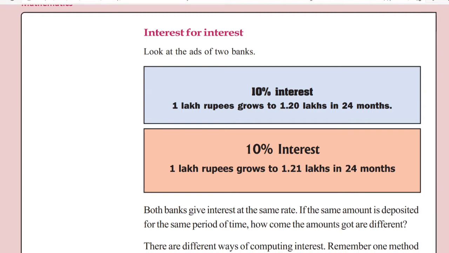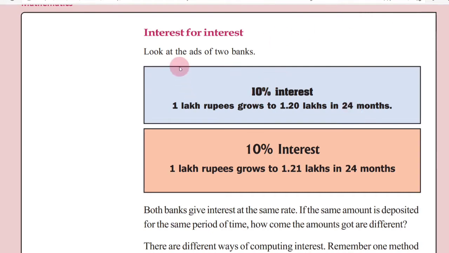Okay, so the extra rupees that we get from the bank if we deposit a certain amount in the bank, or the extra amount we have to pay to the bank if we took a loan from the bank. So that is interest. That is, interest is the extra amount that we pay on some amount in a bank, or the amount that the bank gives to us.